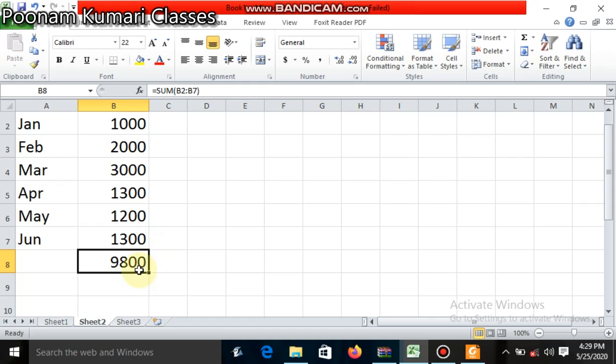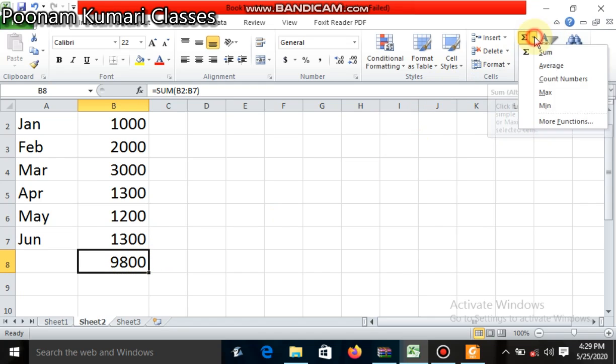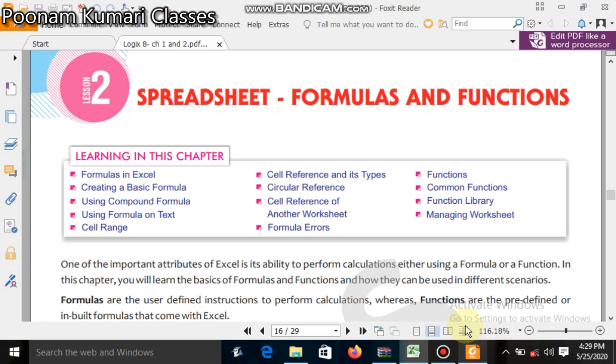So it will give the output also. A formula is defined by the user, and a function is already present in the system, which you can use from here or type by yourself. So the formula is user defined, and the function is already inbuilt in the system. In this chapter we will learn the basics of formulas and functions and how they can be used in different scenarios, in different parts of the sheet.